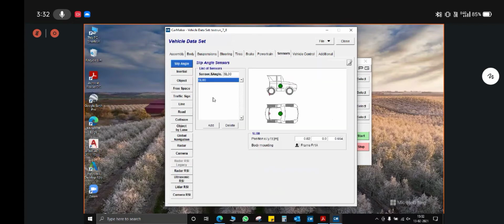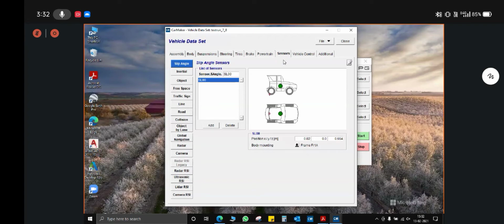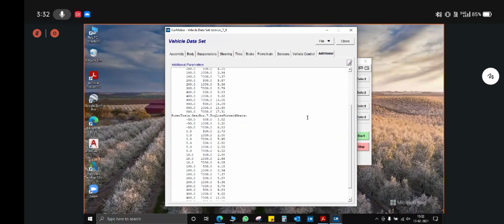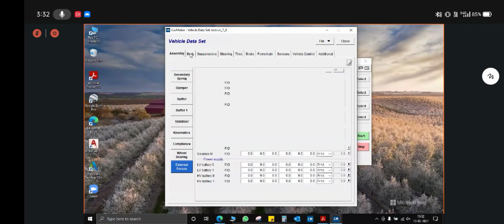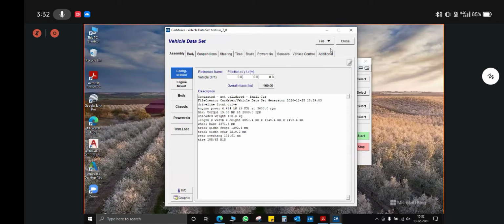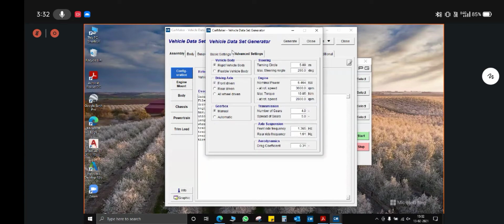I'll just walk you through it again briefly. First is the file generator. All the data that you are putting in vehicle dataset will override the data put in here. So you can put it with the basic values available with you. And after that you have to concentrate on this vehicle dataset only, as the values in this generator tab will be overridden by this. Now in the assembly configuration, vehicle FR1 000, this is your coordinate system which is fixed,